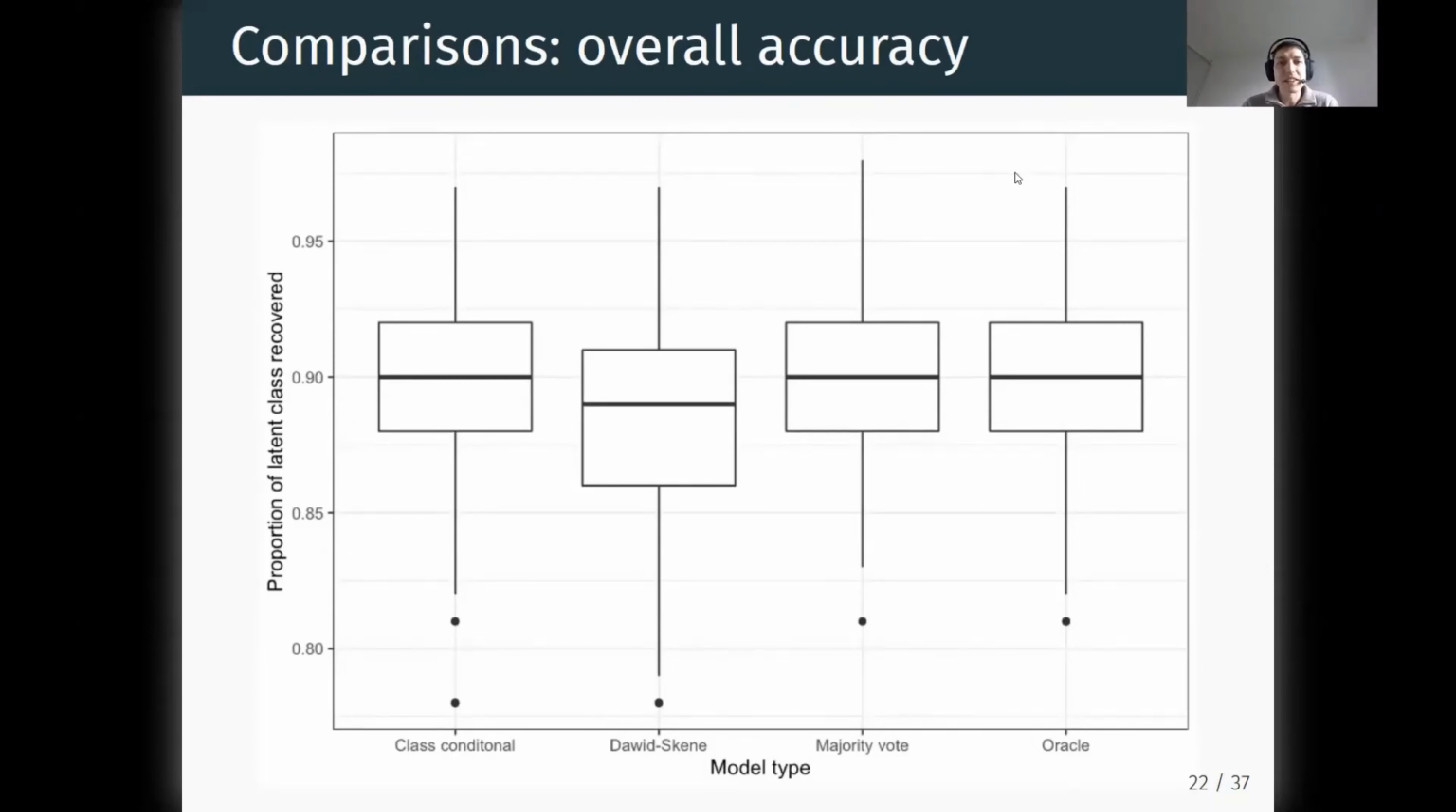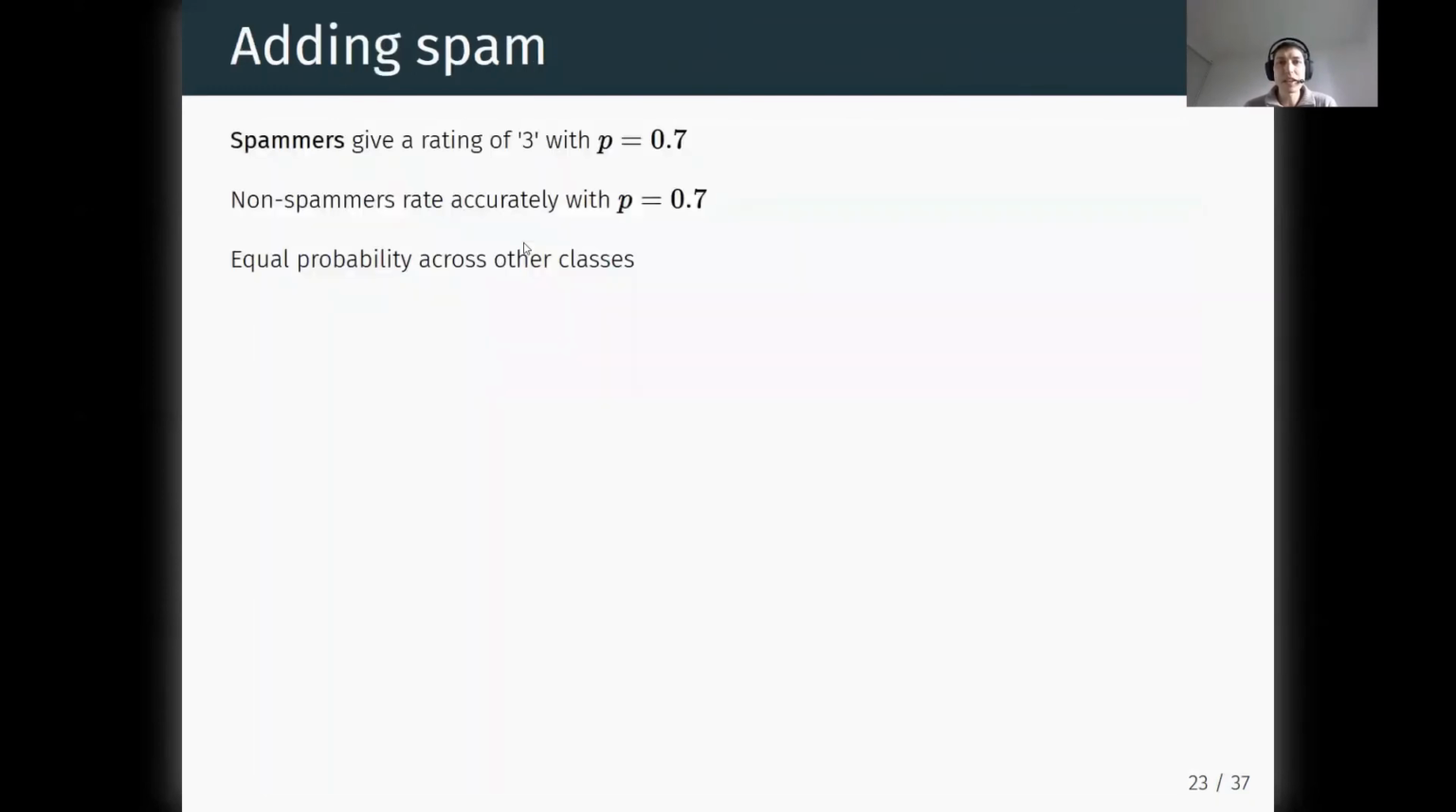Now, does that mean we don't need this full model? Is it enough just to use majority vote? Well, in this simulation, the assumptions in the class-conditional model are exactly what we've used in the simulation, that there's no systematic biases for any of the raters. Suppose there were, will then Dawid-Skene have the edge? Will it have a performance boost? So we explored that through